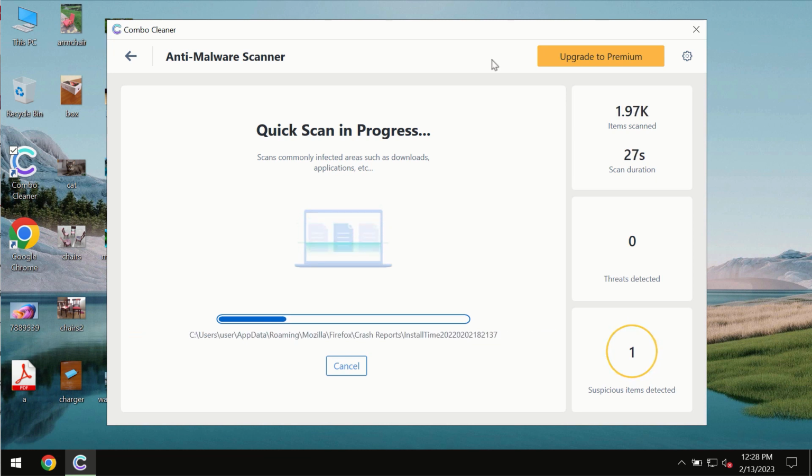It depends on various factors. It may depend on how infected the system is. It may depend on how many hard drives are being scanned at the same time. And at the end of the scanning, you will then see the complete summary of all the threats which were